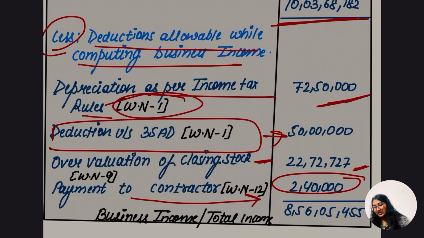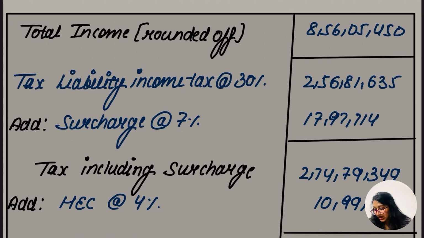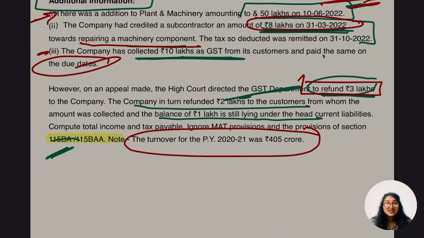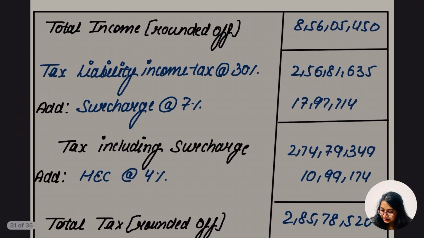So we have 85605,455. As we have taken the total income rounded off, that is going to be 85605,450. And as the question says, the turnover of the previous year is 405 crore, which is more than 400 crore. If it was less than 400 crore, in that case what is going to be the tax rate? 25%. But in this case what is going to be the tax rate? 30%. So hope this is also clear now. Yes, so we are going for the 30%, which is